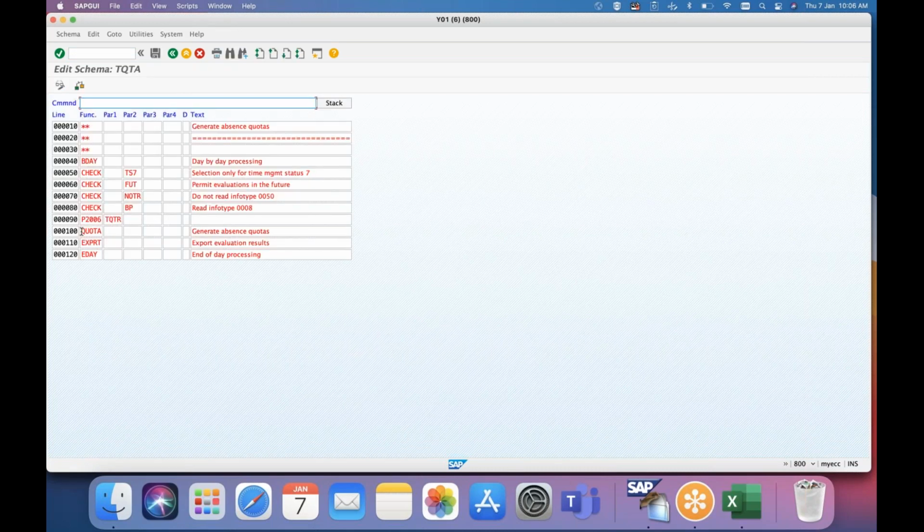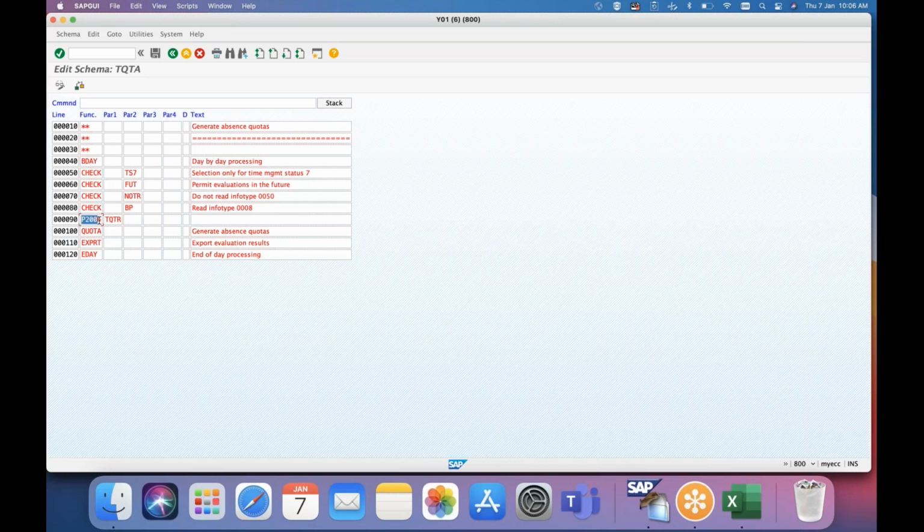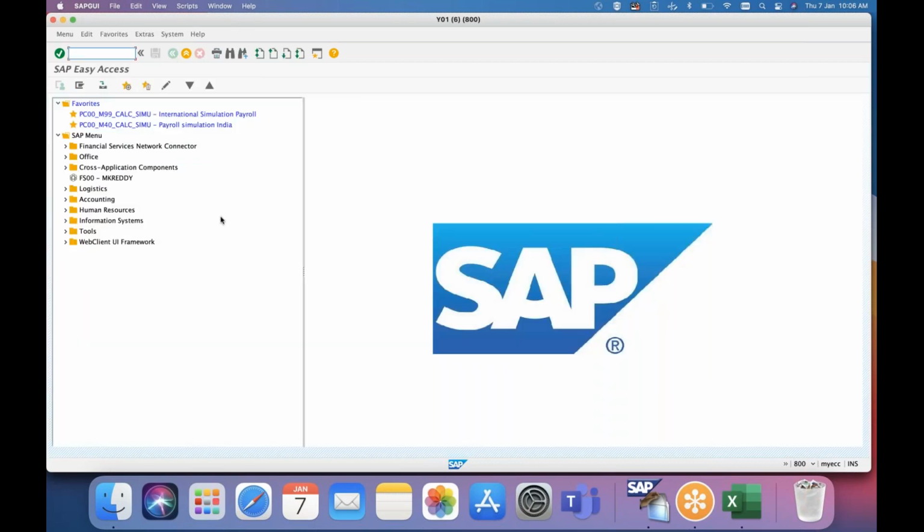Nothing will be there apart from, as I said, something like a quota function over here. So it is as good as a simple generation of quota. This is a simple schema to generate only quota based on your configuration. Again, in this also you can't see MBT. This is also not based on time tab, but still you can modify this for generation of quota. See, in one schema we can write several PCRs.